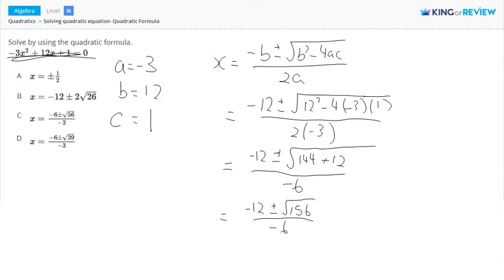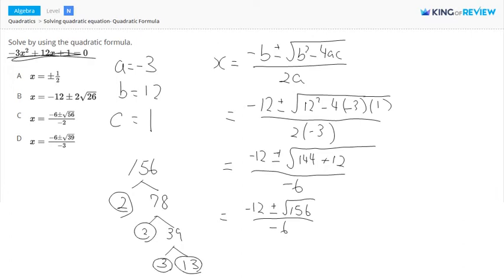And actually, if you think about it, what is 156 made out of? Let's make a factor tree. So we can pull out a 2, and that's going to say 78. We can pull out another 2, that's going to say 39. And we can pull out a 3, and a 13. So you realize that it's going to be multiplied by 2 2's, and then a 3, and then a 13. So actually, you can pull out